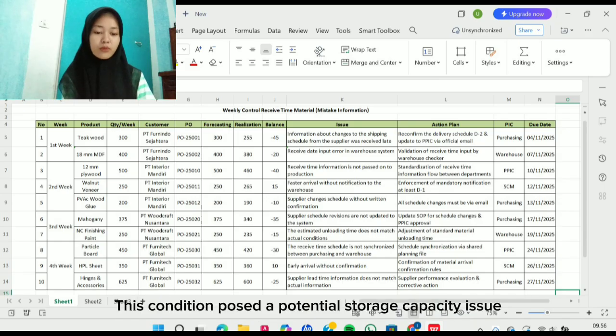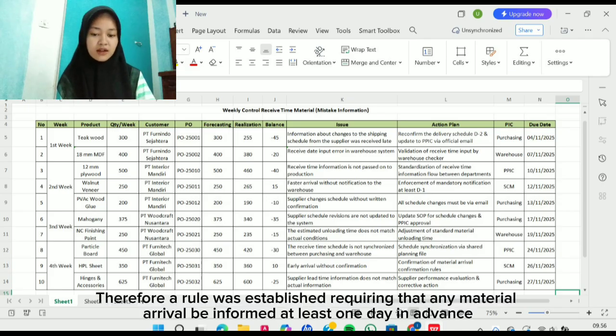This condition caused unexpected storage issues. Therefore, a rule was established requiring any material delivery to be informed at least 1 day in advance.